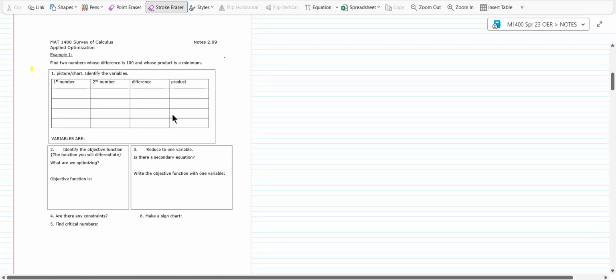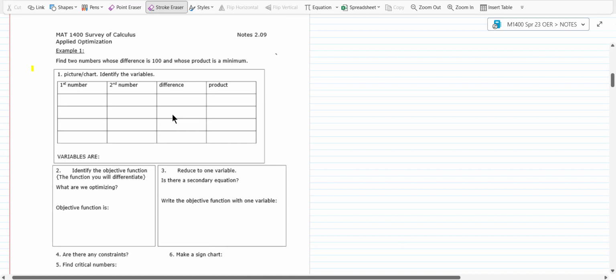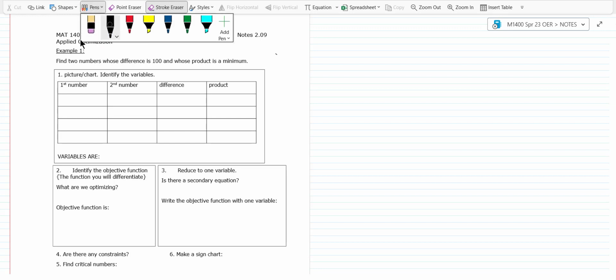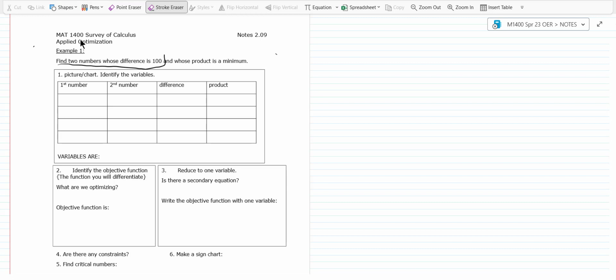So let's go to page 2, and then we'll start this, and we're going to talk about the steps you go through on these. Okay, so the first problem, example 1, is a real basic one. What this says is you're going to find two numbers that have a difference of 100, and the product's a minimum. Okay, so it has that word minimum in it, so that's what makes it an optimization